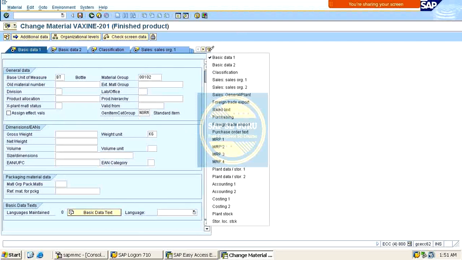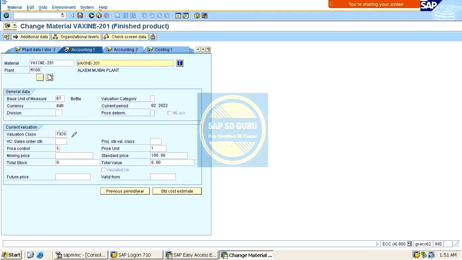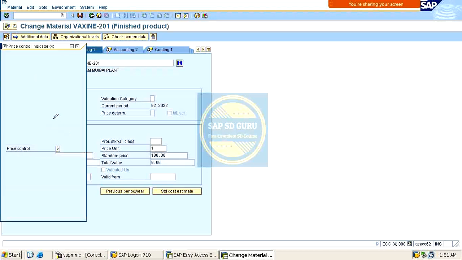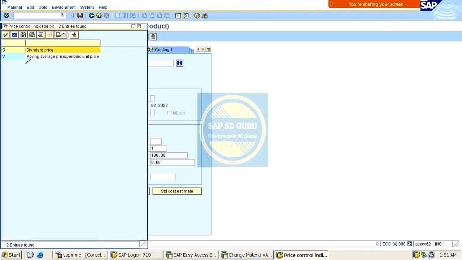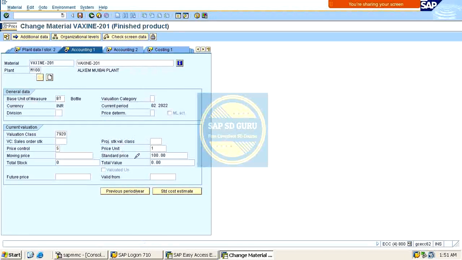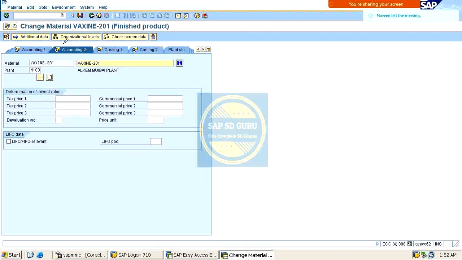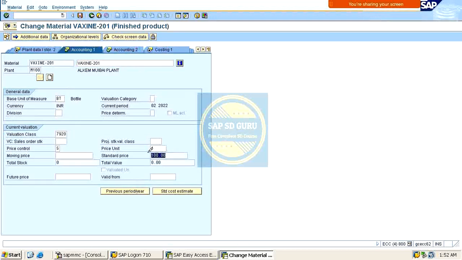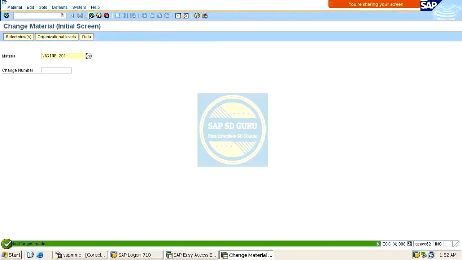And if we go through the accounting here, accounting 1, here we can see the cost, right? So this is the cost. Actually we have two types of cost. One is standard cost and the second one is moving average. So here I'm using the standard cost. So what is the cost here? 100 rupees, right? So this is what will get determined into the sales document. Okay, now let me save it